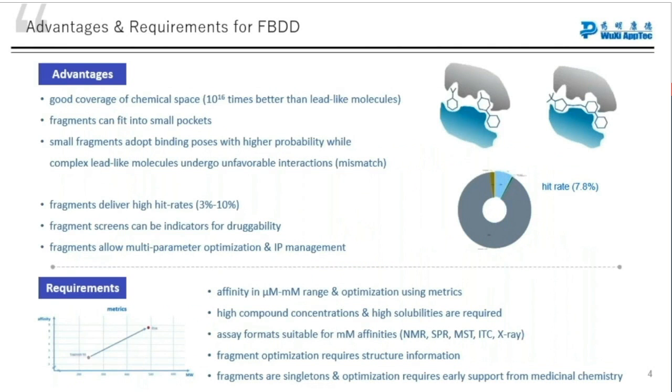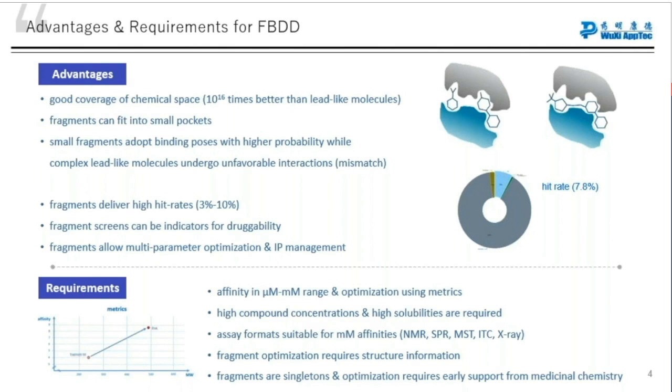There are more advantages. That is probably one of the biggest advantages of fragment-based screening, that we have a higher penetration of the chemical space with these fragments. But fragments can also fit small pockets a lot better than larger compounds would. So they have a higher probability to bind, while complex lead-like molecules quite often undergo unfavorable interactions because they're just bigger. There's also the finding that with fragment screening, we usually get higher hit rates in the range of 3 to 10%. And that can be used as an indicator for a target and for its druggability,